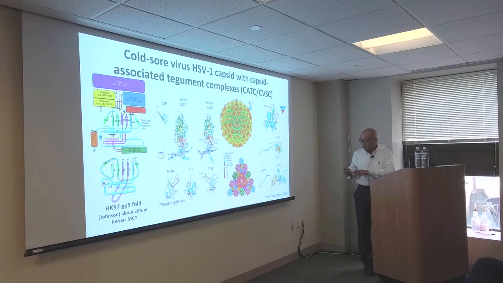The bottom line is that we did a structure like this. This is the structure shown in the middle. This is the herpes virus capsid. Okay, it's determined at about 3.5 angstrom resolution. You can see the image, of course. These are the pentamers, hexamers, and the things in the middle that join them, we call triplets because they link with these. Okay.